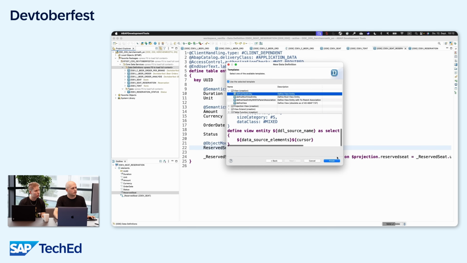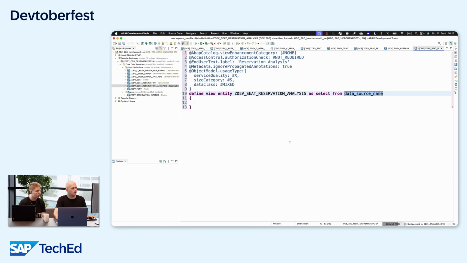Okay, and I will select a view entity for this. Okay, and this should go on top of the seat reservation table entity. Yes. Okay. So I think I would,